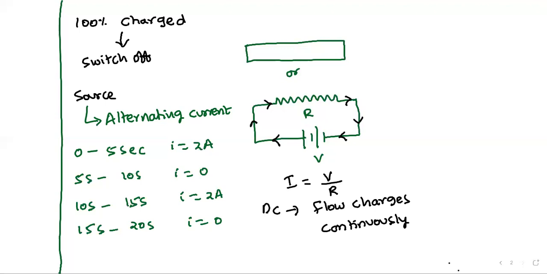Alternating current is the source in which current or voltage changes periodically with respect to time. It can be called an alternating source. Suppose, for this one, let us consider